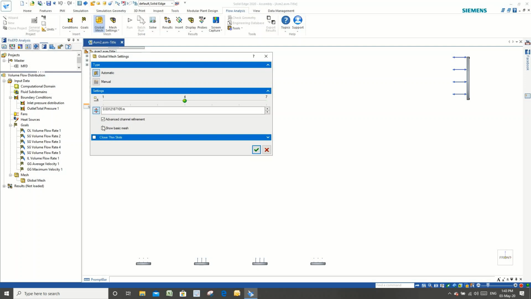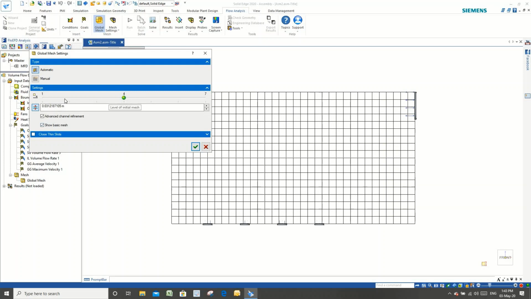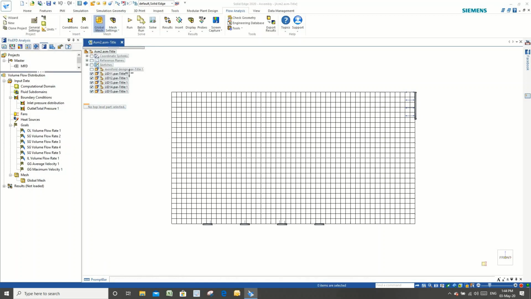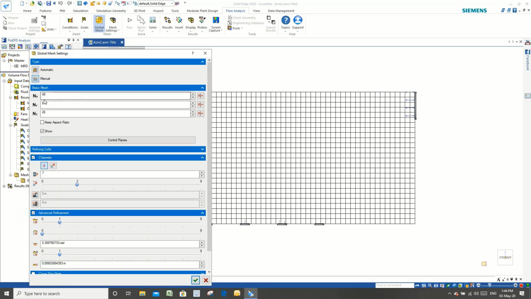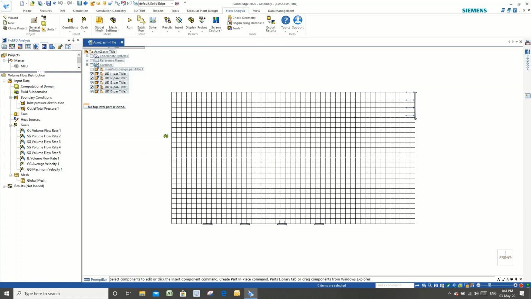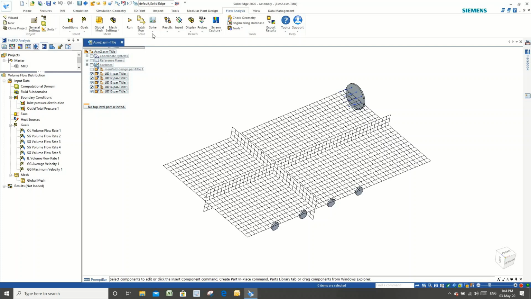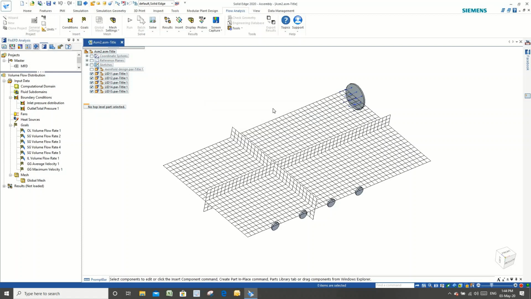And we can apply this narrow channel refinement, so that it will apply refinement where the channel is getting thinner and narrower. And you can see with the change in this automatic slider, it will automatically refine the type of mesh. You can anytime go to manual meshing, so that will give you more options to control, but most of the time this automated meshing works very fine and gives more accurate result.